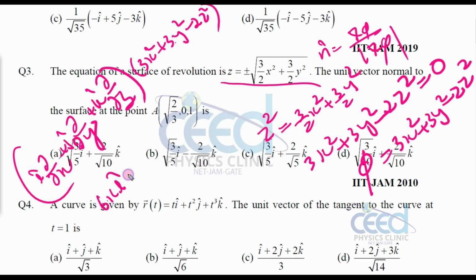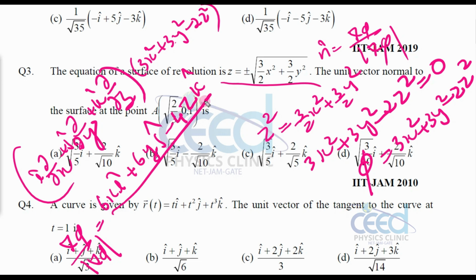When you do this, it is plus 6y j cap, and when I do this, that is minus 4z k cap. So this will be the vector. Now this is the vector, right? So by its modulus, this is del phi, and n cap is del phi divided by its mod del phi. So before doing this, we can substitute this value, right?